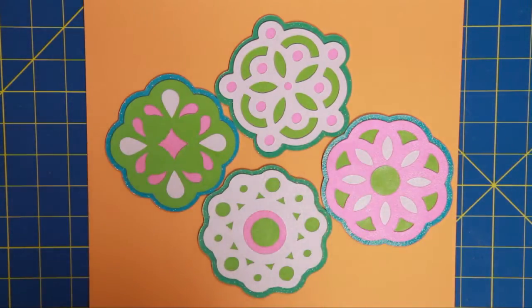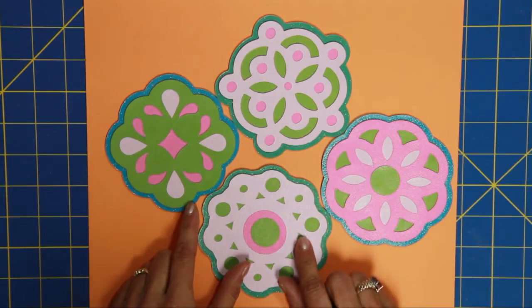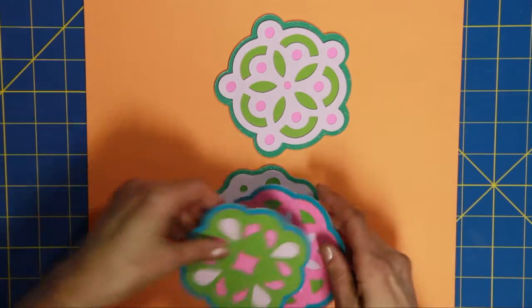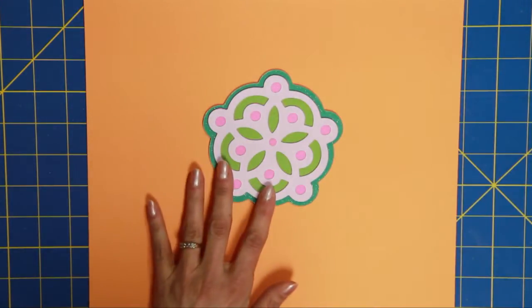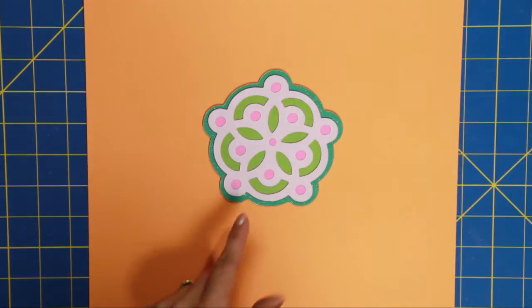First, I'm going to walk through the assembly and then we'll go to the E2 and I will demo how to cut thick glitter paper and chipboard. Each of these coasters are from the Cricut American Alphabet cartridge that came with my E2. Well, I'll move some of them out of the way. All of the coasters are cut at 4.1 inches, or you could make them 4 1/4 inches if you're cutting